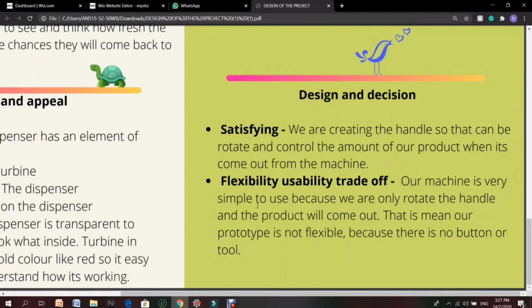For the design and decisions category, we have found that there is a satisficing principle. This is because we created the prototype of our dispenser to satisfy the minimum requirements necessary to achieve the particular goal, and there is no problem for us to understand its function. For example, we created the handle that can be rotated